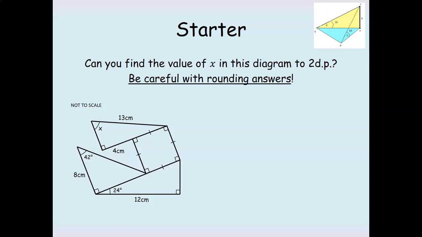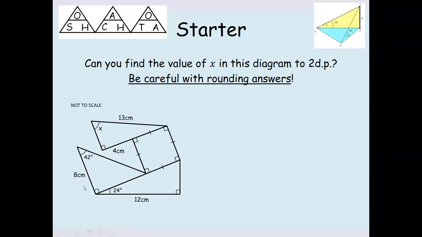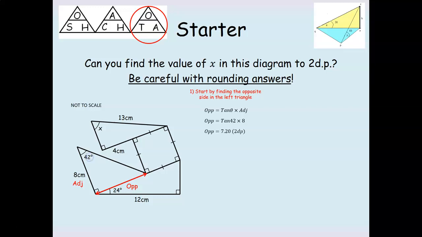Okay, and let's go through the answers. We're going to be using our SOHCAHTOA trigonometry ratios. We start in this triangle here, and we want to find this opposite side. I've got the adjacent side and the angle 42, so I'm going to use tan. The opposite is tan 42 times 8, which is 7.2. I've rounded that to 2 decimal places, but you should have kept the full